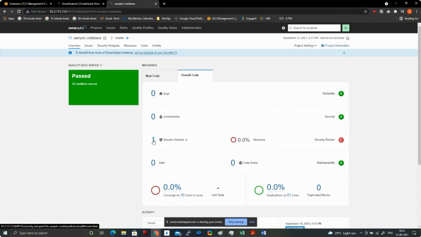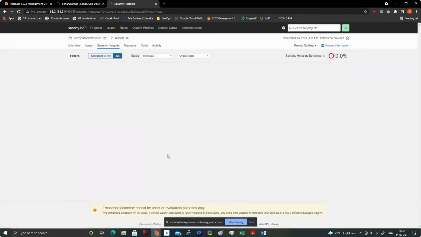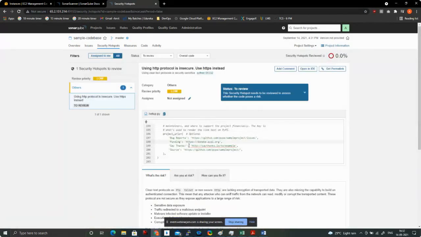Right? And if you want, we can fix it. If you don't want, it's okay. So if I click on one here, it will show me where the hotspot is. So the security hotspot is here,